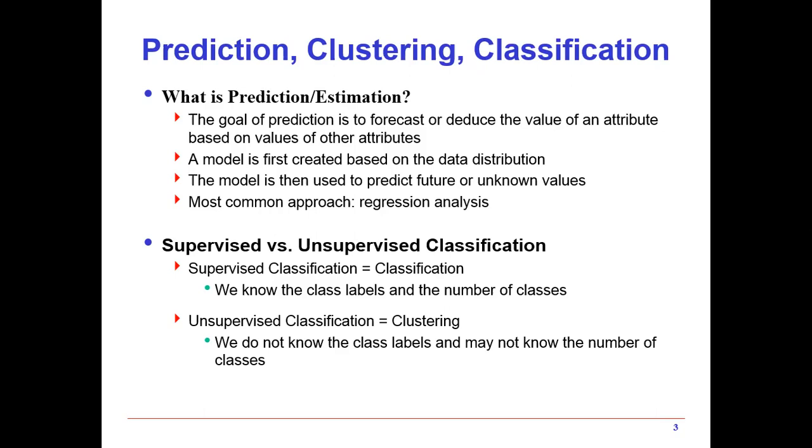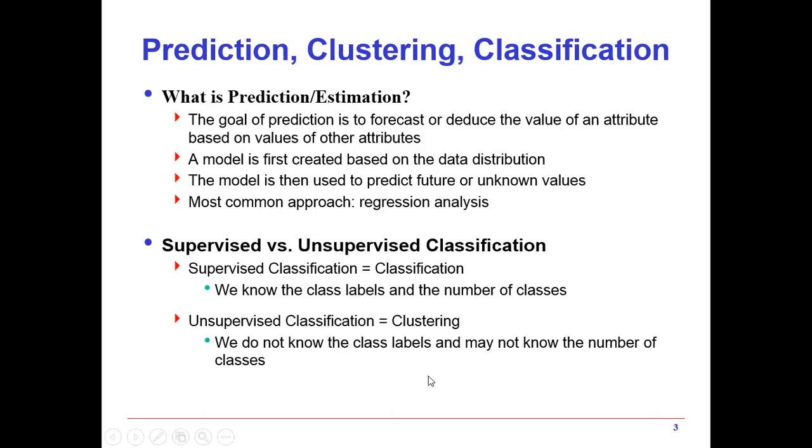Then we have supervised versus unsupervised classification. What do we mean by supervised and unsupervised classification? If the class label is known to you, as I said, true, false, yes, no, if you know the class labels, then whatever may be the input data, we have to classify it into these number of classes. These are known classes. The number of classes is known to you, and how many classes there are is also known to you. Then it is called supervised learning.